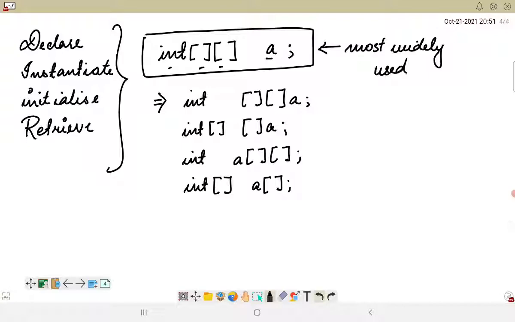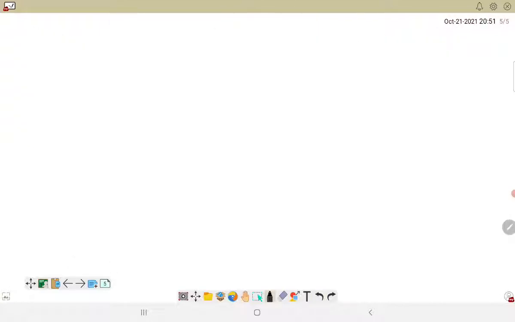Okay, so there might be certain confusion when we are declaring a particular array, like we saw in the 1D array. When we are writing two different declarations, which is a comma b, this means that here a is also a 1D array, b is also a 1D array.